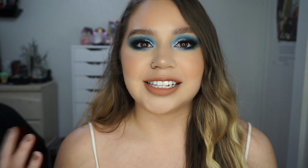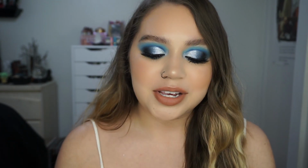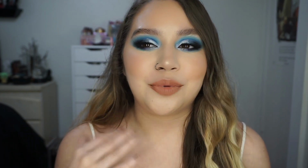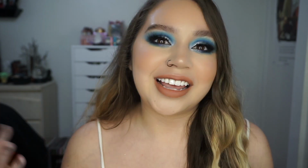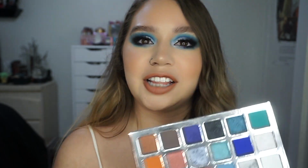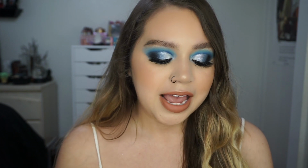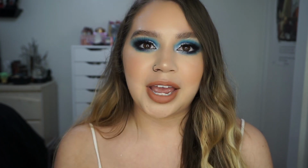I love that this palette is a blue palette with a pop of a couple neutral shades, because most of the time it's always a neutral palette with a pop of blue. That's pretty much what most brands will release when they do color. It's like, here's a neutral palette with 87 browns and 2 blues. So I'm glad that it's mostly blue with a couple pops of neutral and more warm tone shades. And I feel like the oranges and the warm tone browns in here are really good companion shades